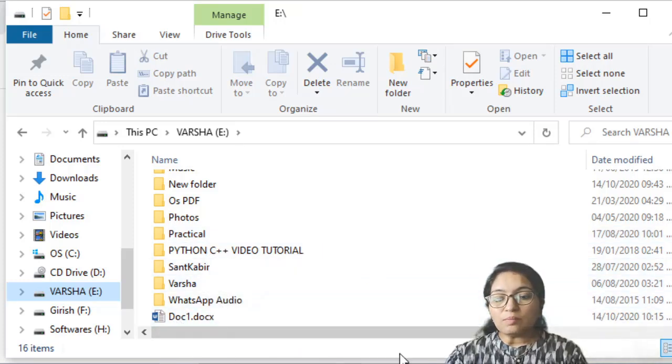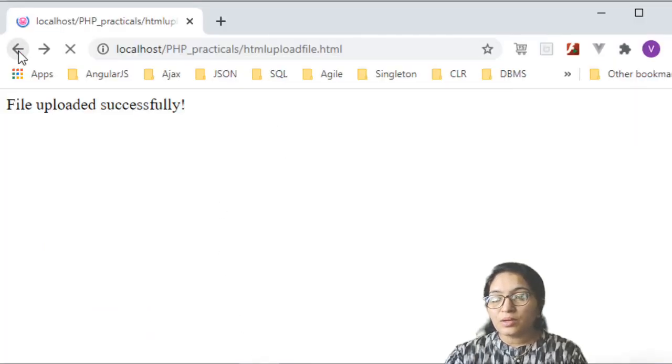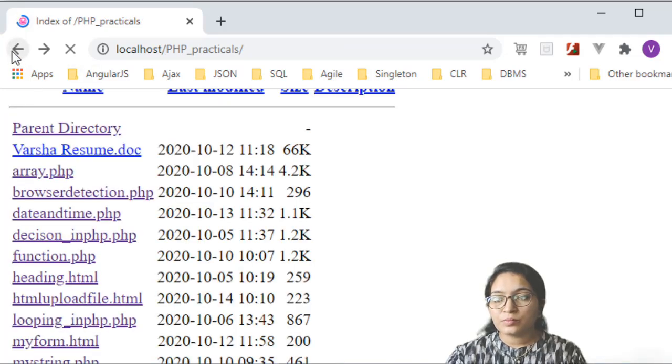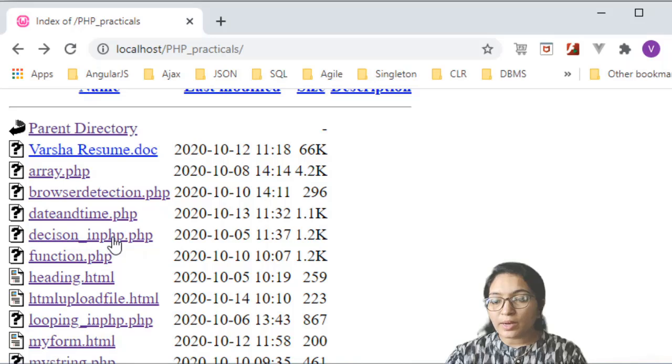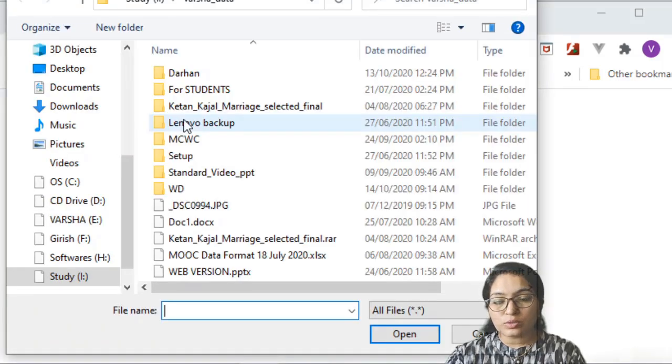Now let's see uploading the image. Okay, so execute the file again, that is HTML upload file. Choose the file. Here it is showing that no file chosen.